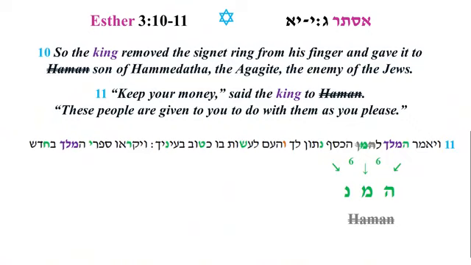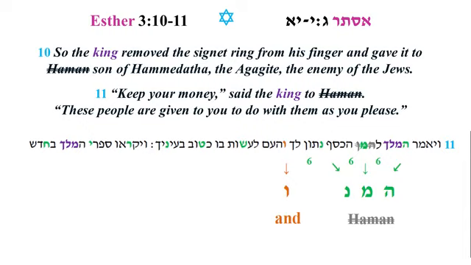Okay? In this verse, by the way, verse 11, look at it in the Hebrew. If you count every 6 letters apart, and we start with the second word, the first letter is a hey, and you jump ahead 6 letters, you get a mem, 6 letters again, you get a noon. That spells Haman, every 6 letters. That's interesting because Haman is a type of Antichrist, who wants to destroy the Jews. And here it's 6 letters apart, Haman. And if you do another 6 letters, you get a Vav.